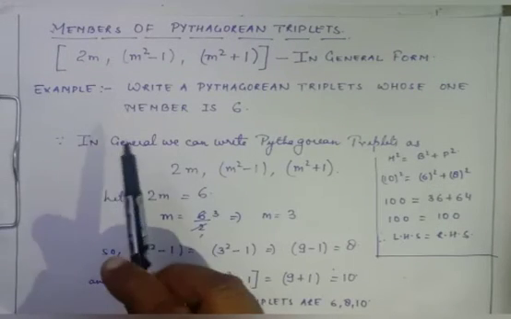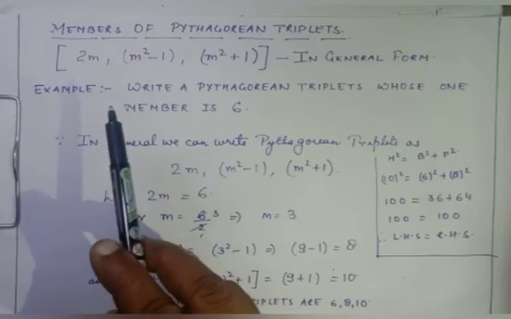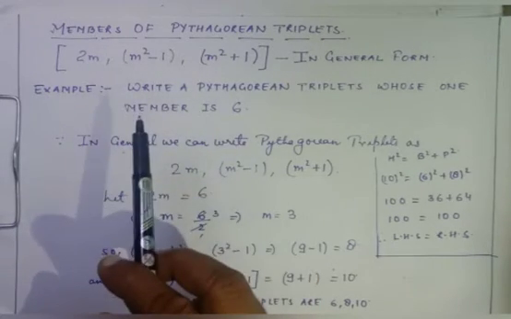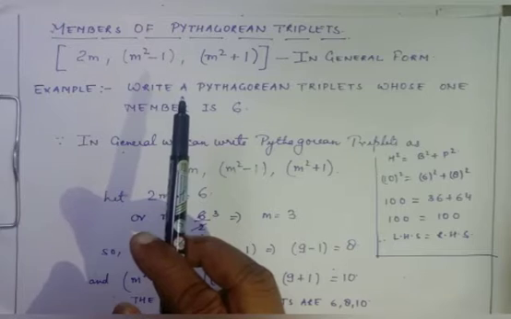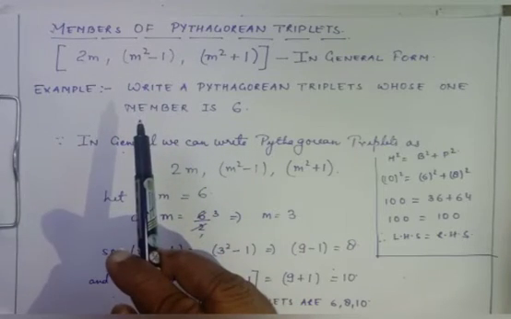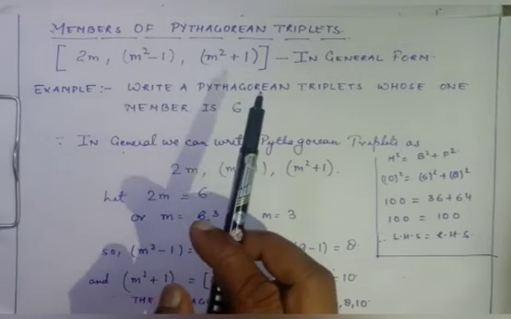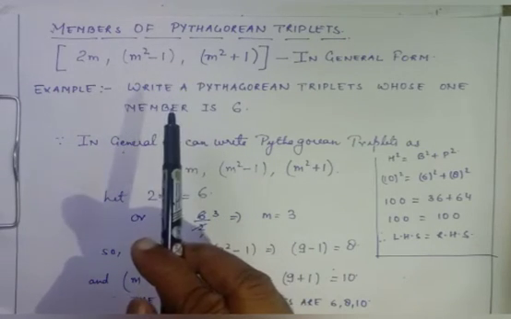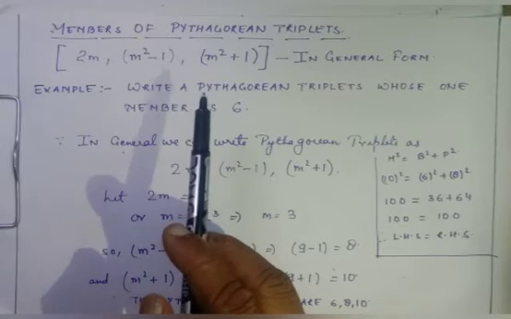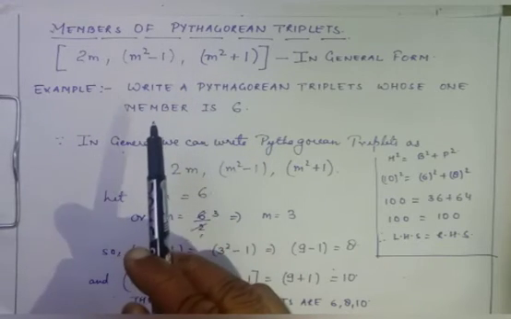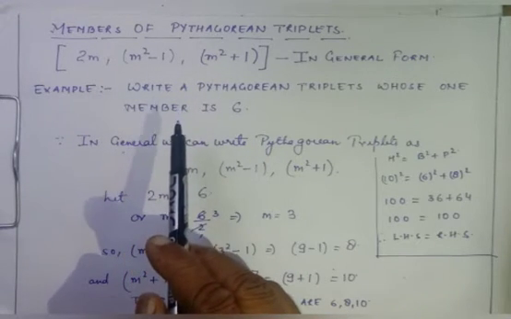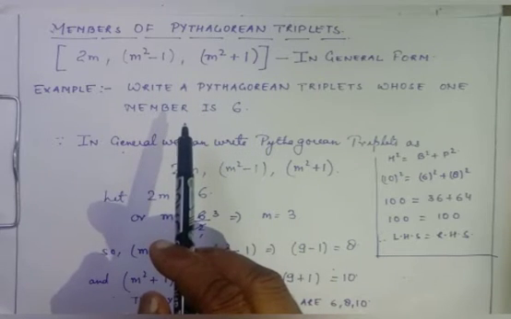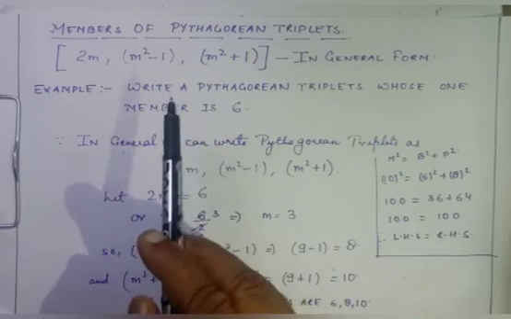Now, in the first case, when all three members of the Pythagorean triplet are given to you, easily you can find out with the help of Pythagoras theorem whether the given numbers form a Pythagorean triplet or not. But there is another case where only one member is given to you and you have to find out the next two members of the Pythagorean triplet. So for that you should know the